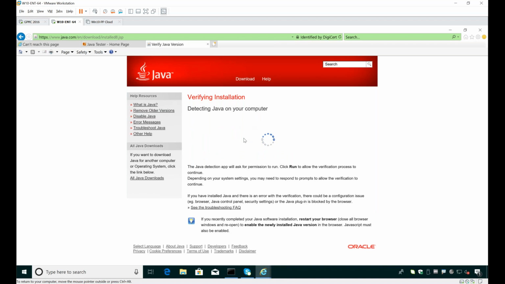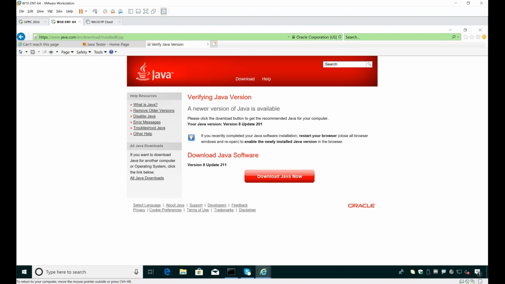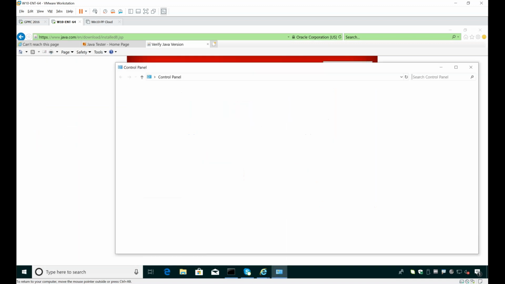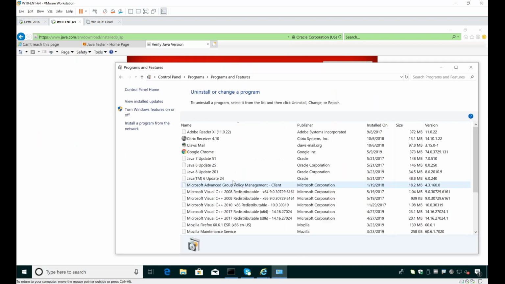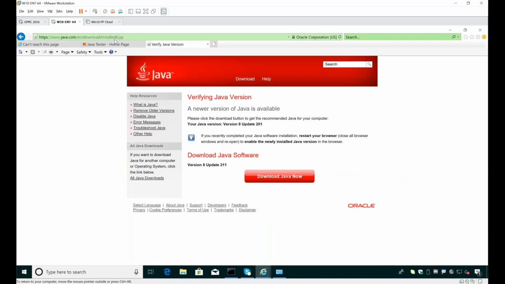But that's problem number one. Problem number two is that your websites will only see the latest version of Java you have on your machine. You might have an application like a time card app or a phone app. There's Cisco apps, all these applications that will only run in Java with the right version of Java. So on my machine here, if I go to Control Panel and take a look at what versions of Java I have, I've got 8.25, I'm gonna write that down, 8.25, and I've got 7.51 on this machine as well, not to mention the latest version. So what I'm gonna do is marry the right version of Java to the right websites.